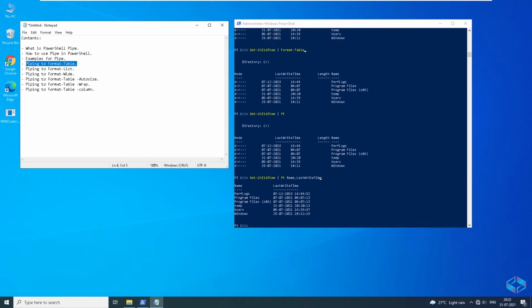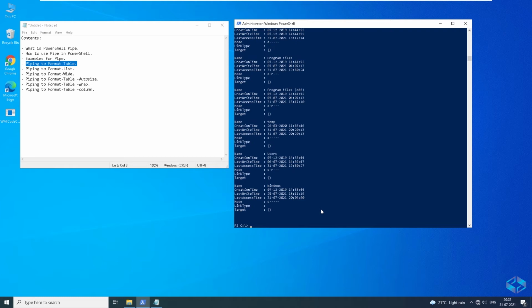The next one we cover is Format-List. So for example, let's see what exactly you will get in Format-List. Same shortcut, I just used FL. So it's the same output we are getting for Format-List as well.